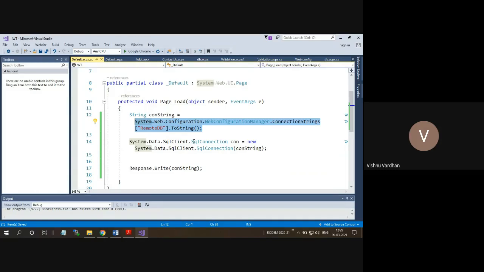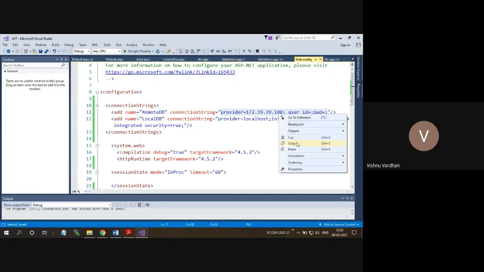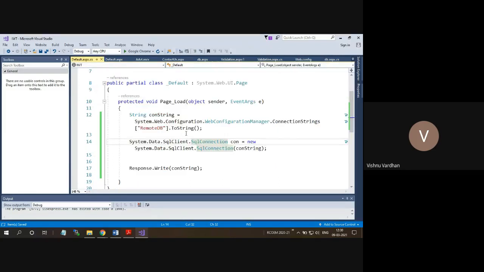Why are we doing this? Because we don't want to hard code this in this way, because this is a disadvantage if we are doing this in all the pages. Suppose you are going to change your database servers after 6 months or 1 year of development efforts due to some reason.